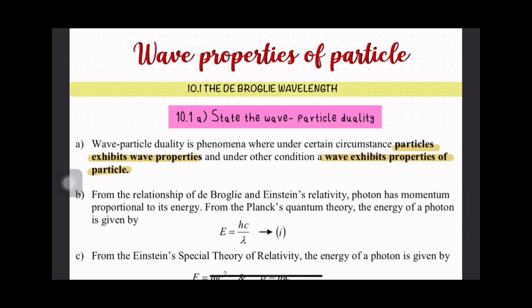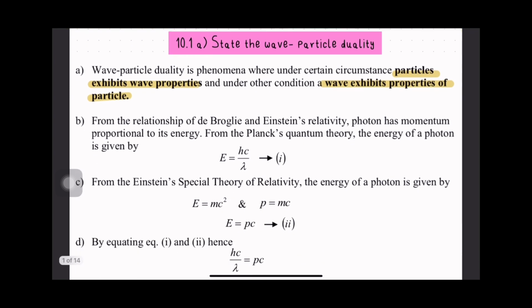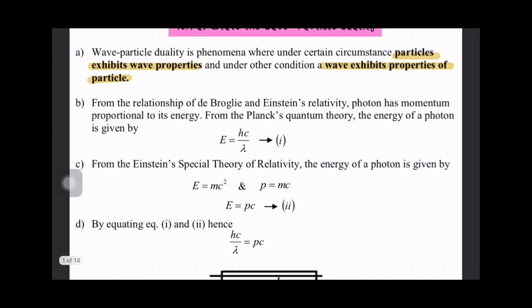Okay, chapter 10 is about wave properties of particles. So 10.1, the de Broglie wavelength. 10.1a, state the wave particle duality. Wave particle duality is a phenomenon where under certain circumstances, particles exhibit wave properties and under other conditions, a wave exhibits